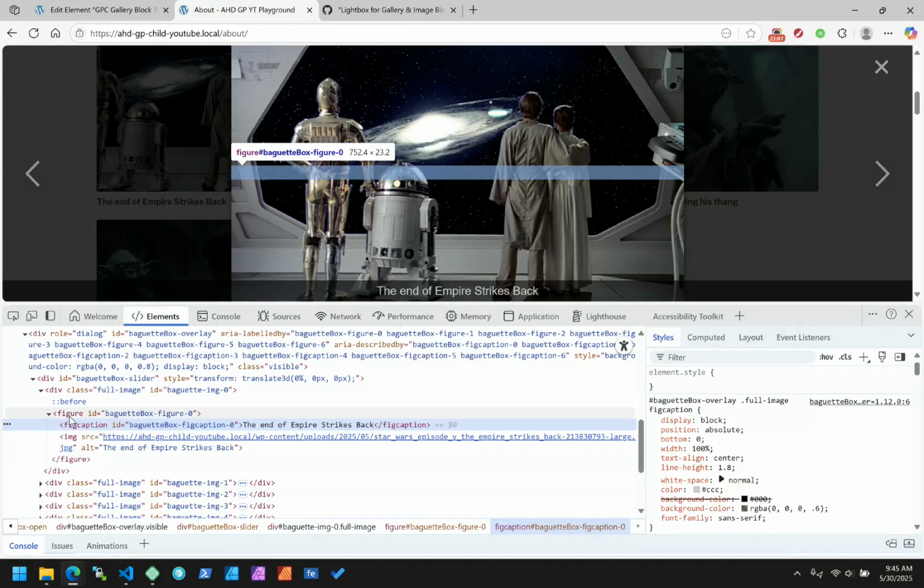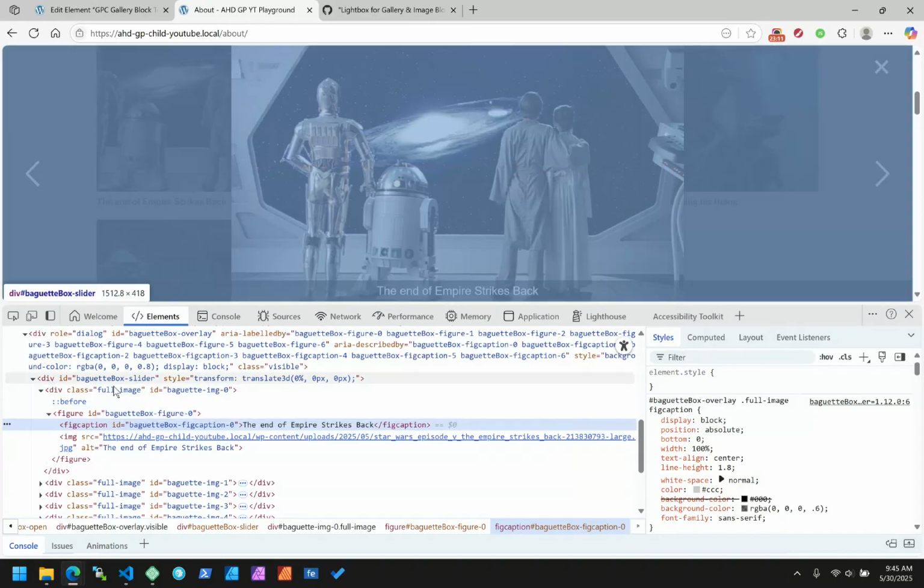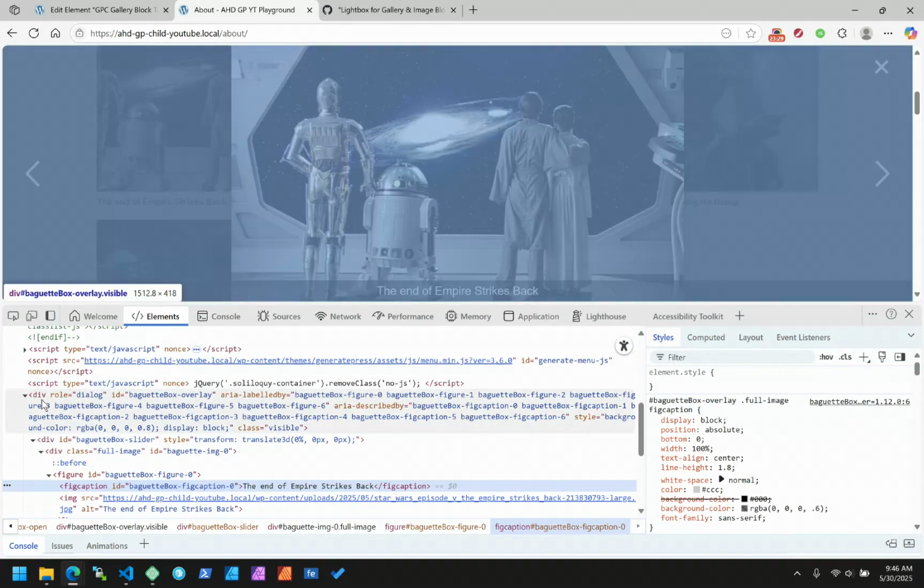So these are all IDs, classes. Let's see. Labeled by. Good grief. I didn't know you could do multiple labeled by. So this is all ARIA stuff, which I want to do. I really want to do video on